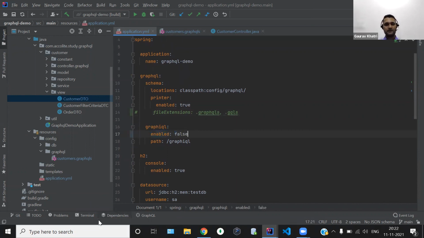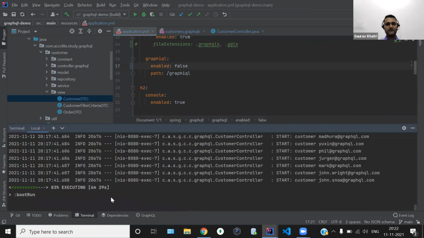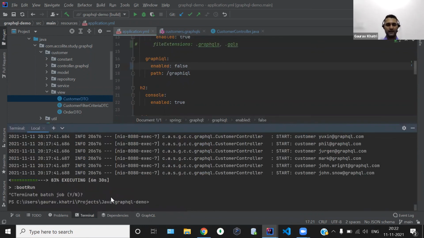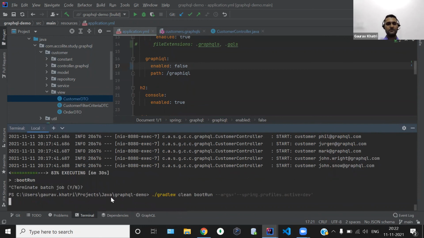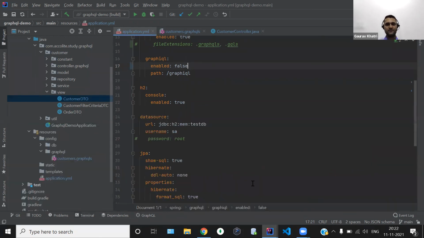If we write false and restart this application, and then try to access that GUI tool, we won't be able to get it. And apart from that, if you want a different host URL, you can also provide that. Currently we have the graphql path over here, but we can provide a different path as well for getting that GUI tool.